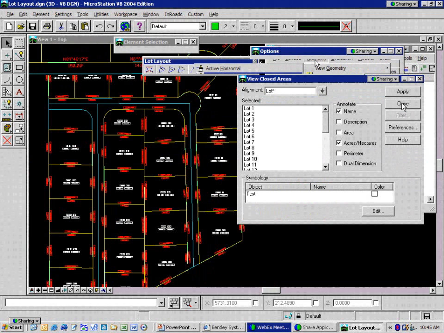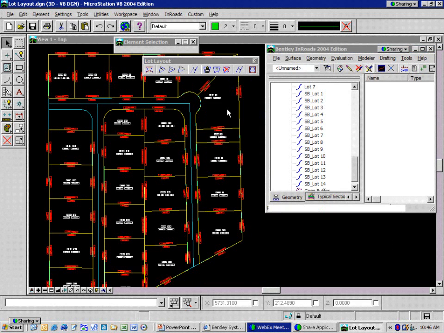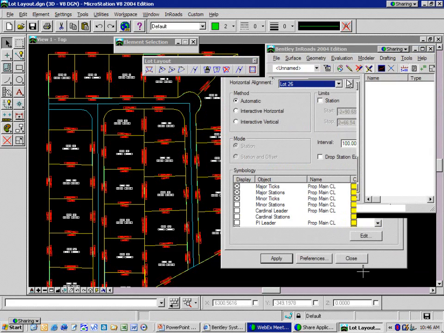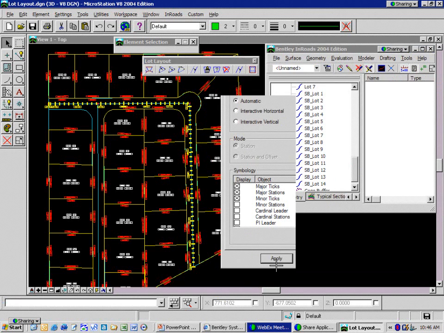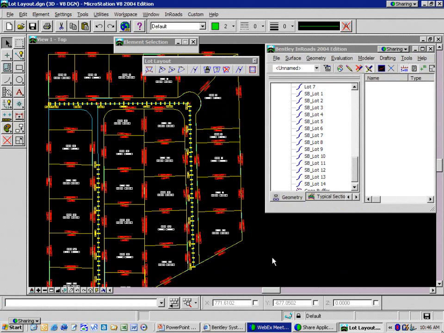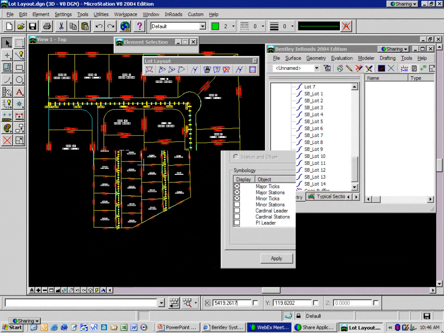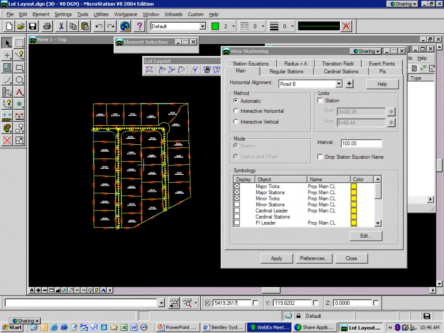Update it real simple. And then if we want, we could come in here and we could do the stationing on this road here. Pretty simple. Pick this road and we'll do an apply. Bring it in. Do this road. Do an apply. And you can see we've successfully, in not even an hour's time, laid out 20-something lots, done setbacks,